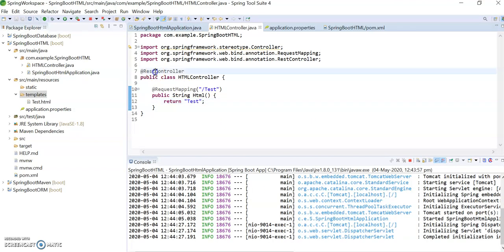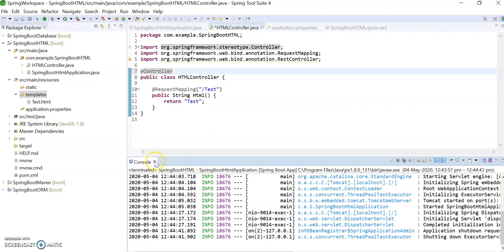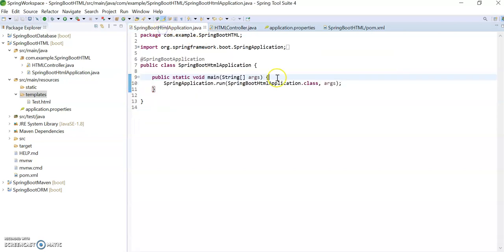So for printing HTML we need to put @Controller. Then it will print our full HTML, whatever content we mentioned in the HTML page.